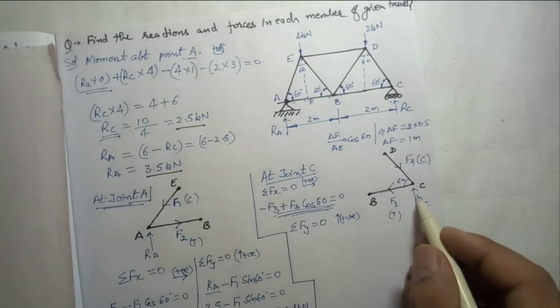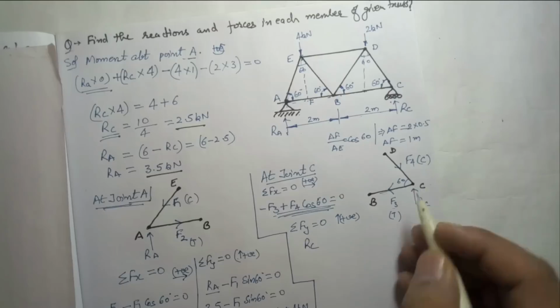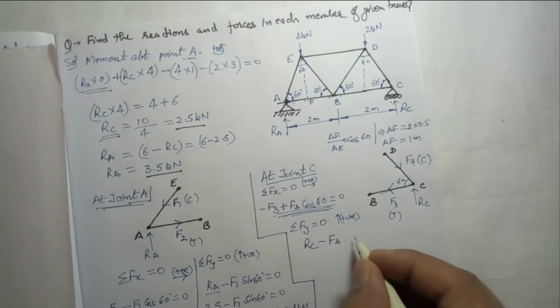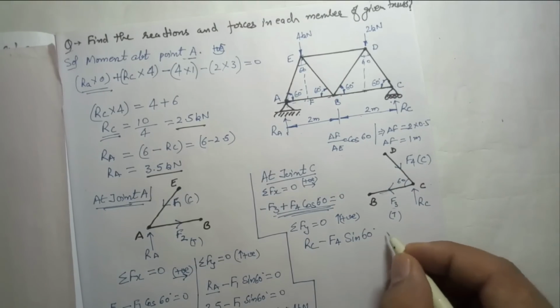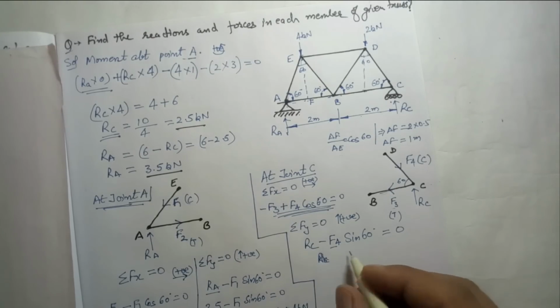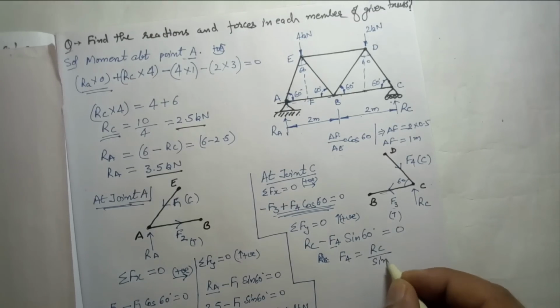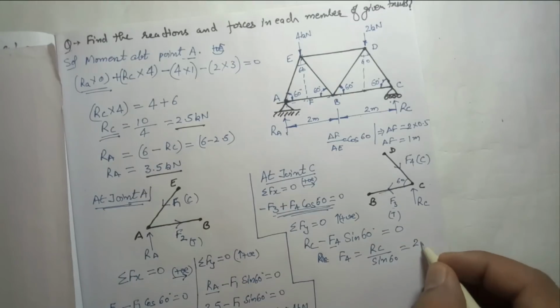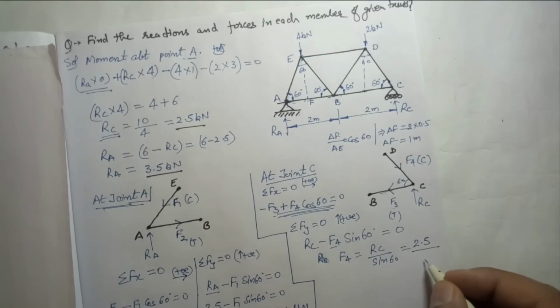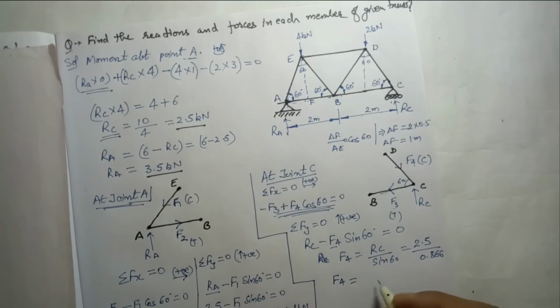So Fy positive, so Rc positive, no component of this, but it is having downward force, so that is minus F4 sin 60, so that is equal to 0. So we can say Rc, we know the value of Rc, we have to find out F4, so we can say F4 is equal to Rc upon sin 60. So Rc, we have the value of Rc, that is 2.5, we have calculated, sin 60 is 0.866, so F4 we are getting, that is equal to